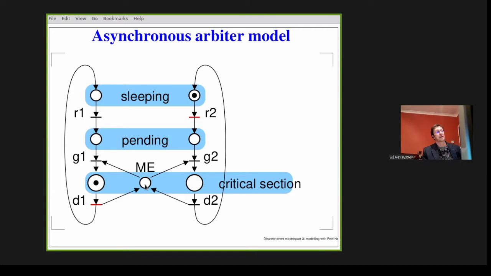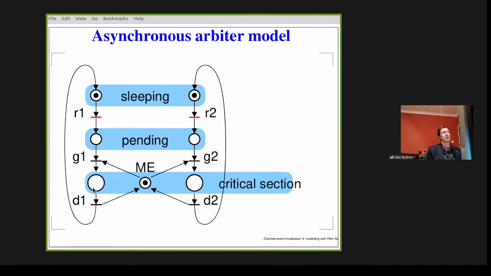It takes the token from the arbiter. ME means mutual exclusion. Mutual exclusion or mutex means that it's either one or the other, but not both together. Mutual exclusive choice. Now this transition is red hot, it's enabled, and its purpose is to return the token here once we are finished.